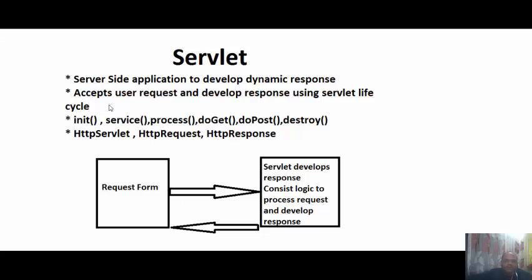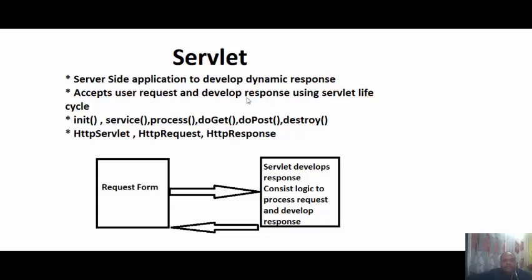Applet is a browser-compatible Java application, and we discussed that an applet has its own life cycle, just like init, paint, start, stop and destroy. In a similar manner, a servlet on the server side also has its own life cycle.